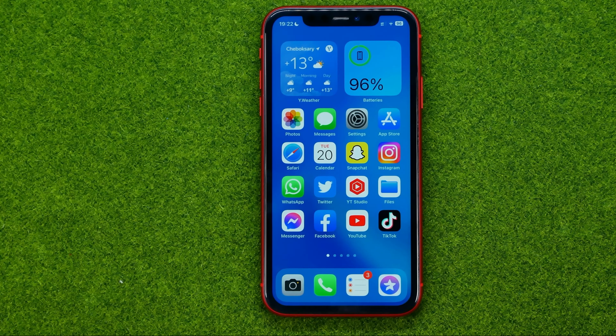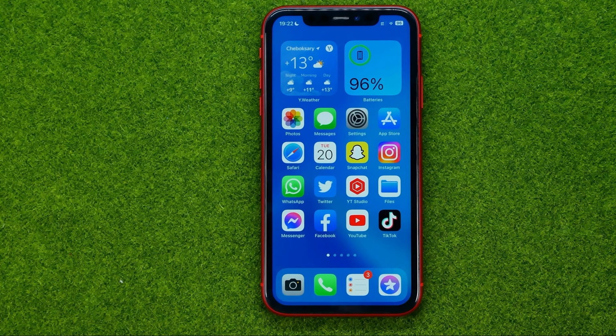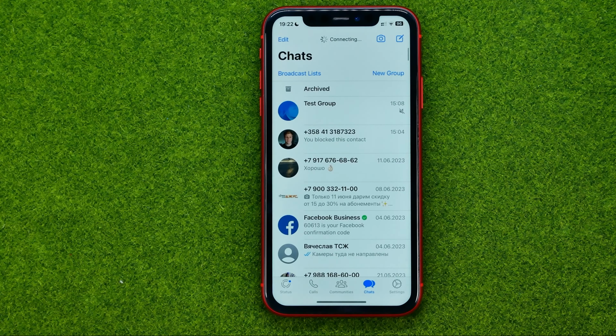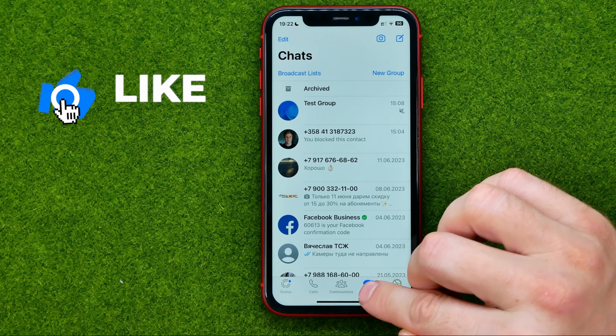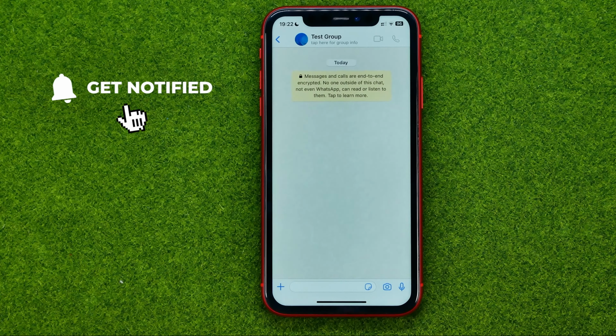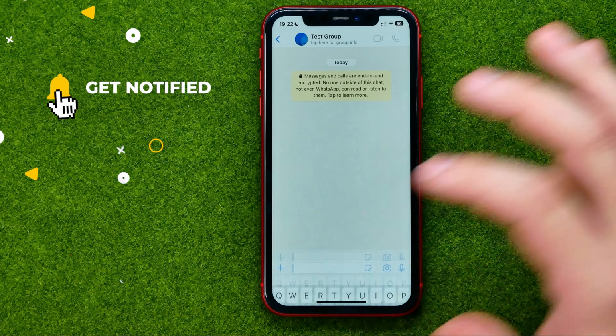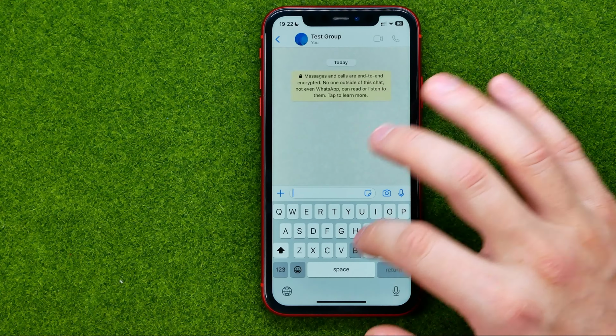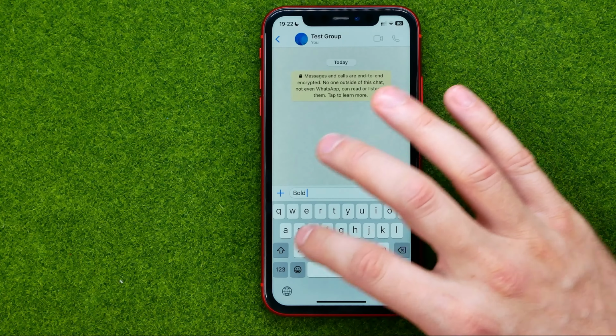So let's get started, and first off, open up the WhatsApp app, then go to chats, and after that open up some conversation or group chat. After that we can enter any text